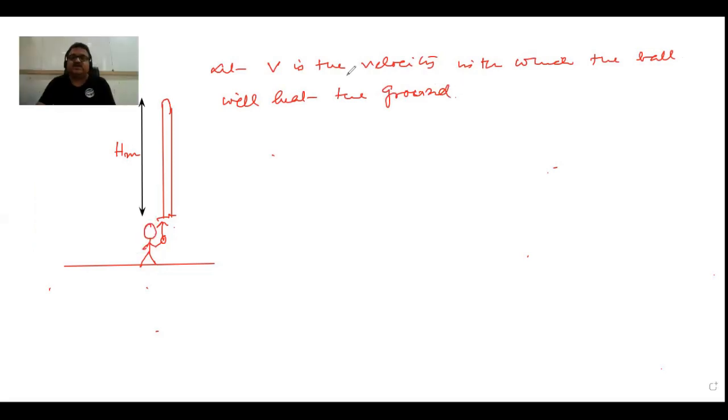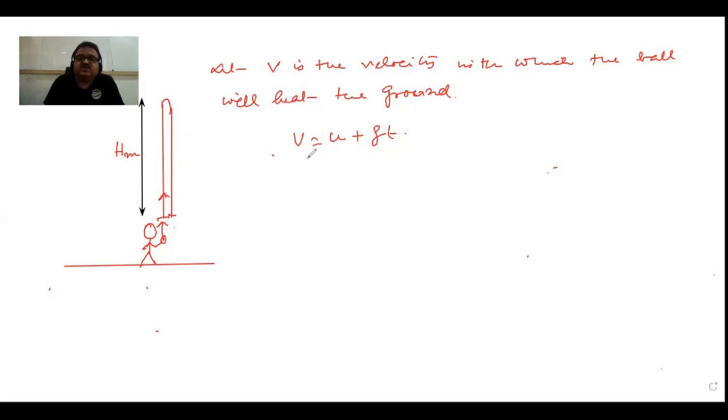Correct. Now, look at this. I will not put any sign for v; it will automatically come out. Look at this, what I'm doing: I'm using the formula v equal to u plus at. The ball is thrown vertically upward. Listen very carefully. It is thrown vertically upward. It will go up and come back again.